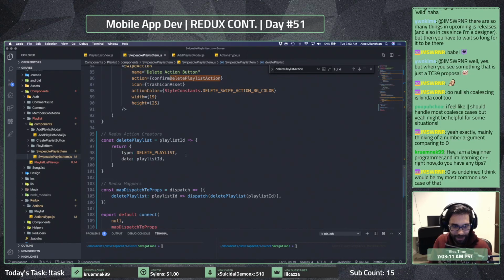Hey, I'm a beginner programmer and I'm learning C++ right now. Do you have any tips? Well, nice. Welcome to the programming world, friend. Hope you're enjoying it and you're learning a lot. So I guess the only tips I would say is